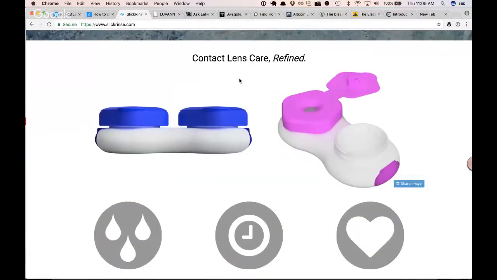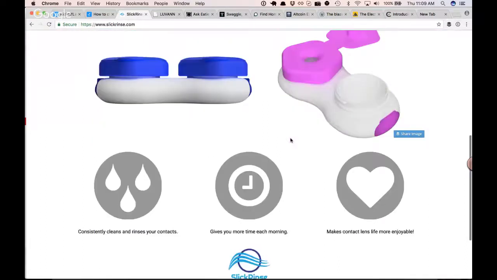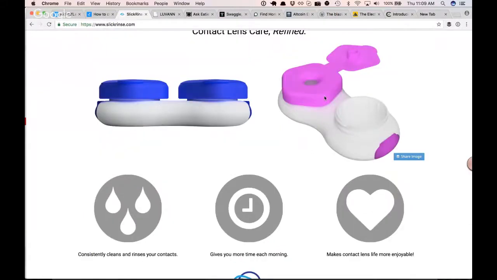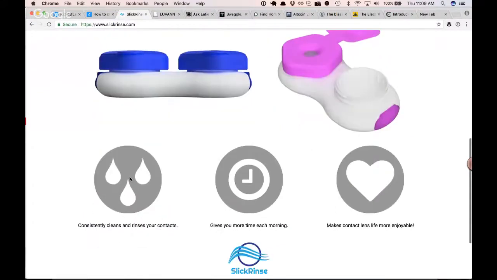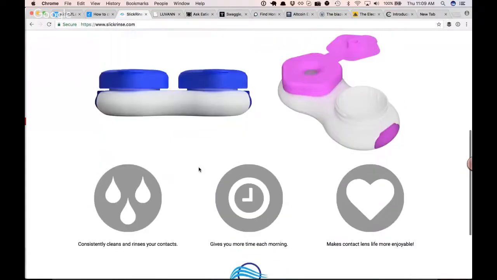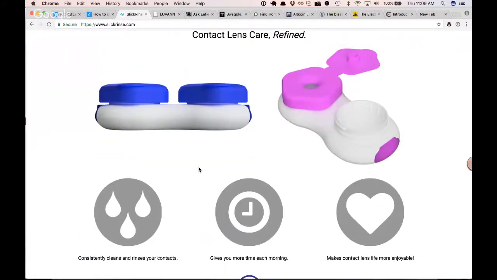Contact lens care refined. You've got some nice product shots. It's a little bit weird to me. You've got this 2 image area and then these 3 icon images here with some small text. Something about this section just feels a little bit off. It might even be more balanced if this section were up above here,